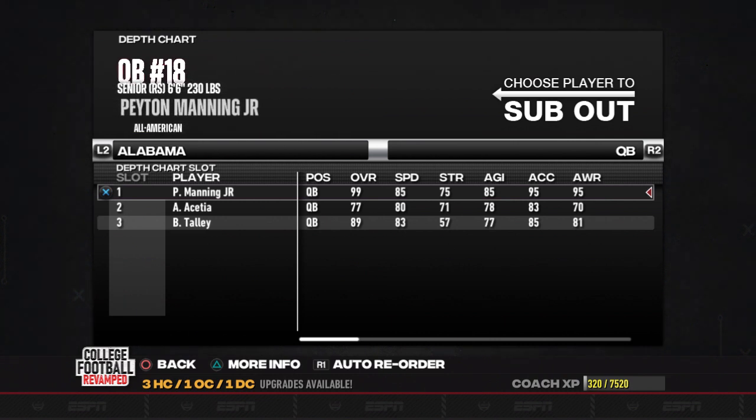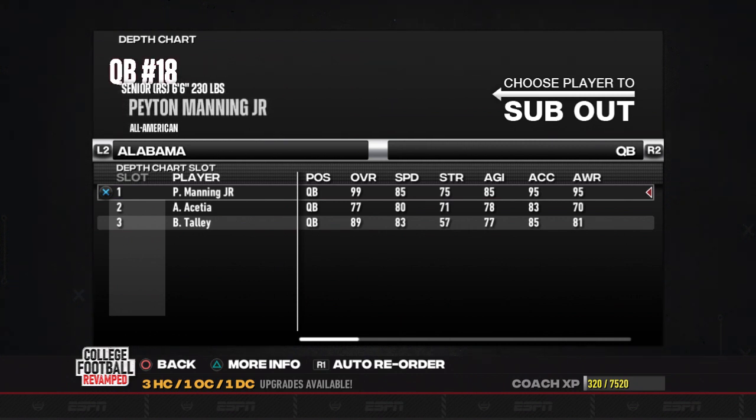I'm going to run through and show the guys at their depth chart spots so that they can see that they are starting if they should. Alabama was tricky because the starter was a 99 overall, and the submitted player was a 98 overall. So no matter what you did attribute wise, you could not get the starters to not play. We thought about lowering his injury and everything to 0 so that he could possibly get injured in week 1 against USC, but we did not do that.